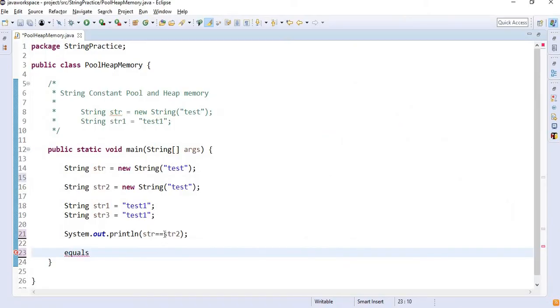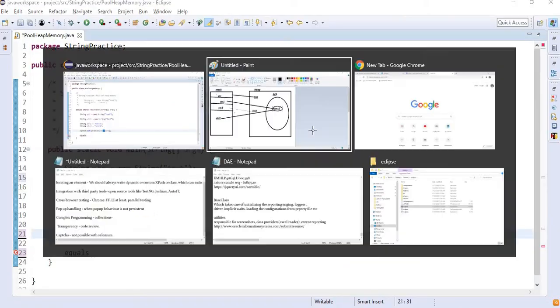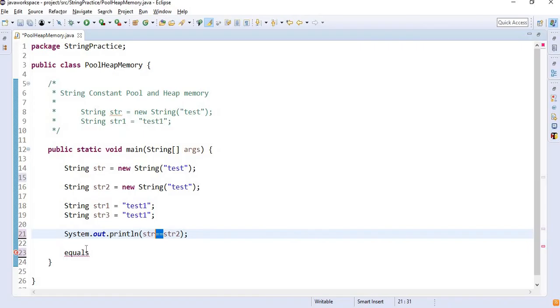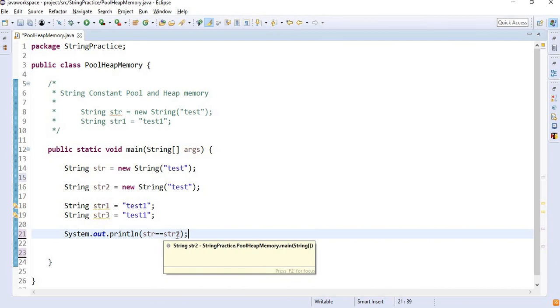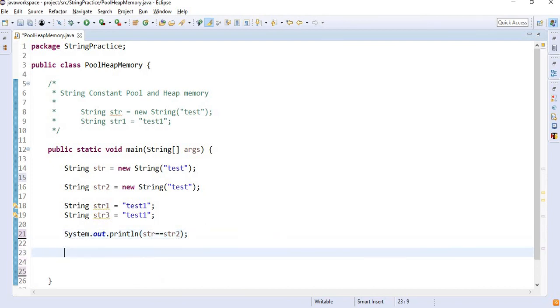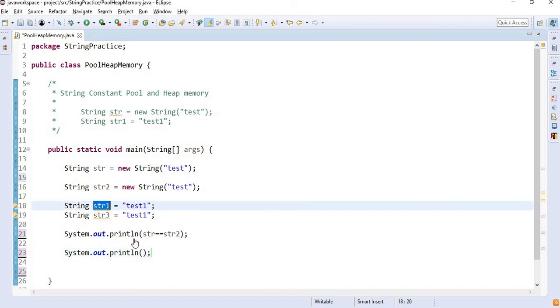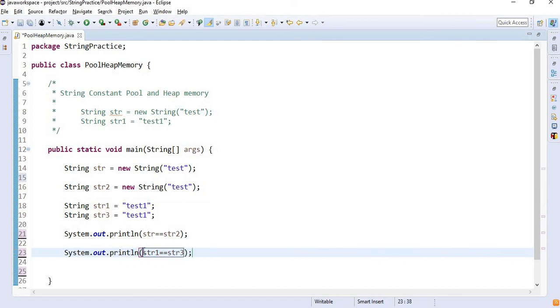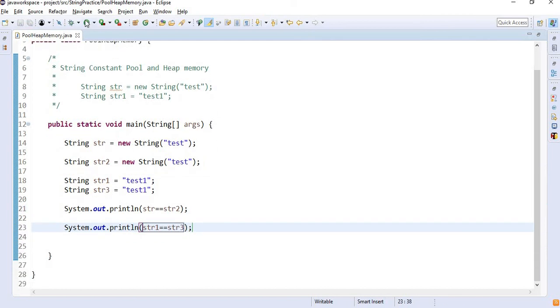But when I use the double equals operator, it will compare the address of the value. So I want to print whether str and str2 are the same, and then again check whether str1 and str3 are equal. Let's see what it prints.